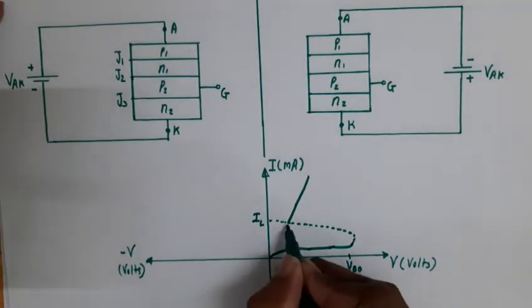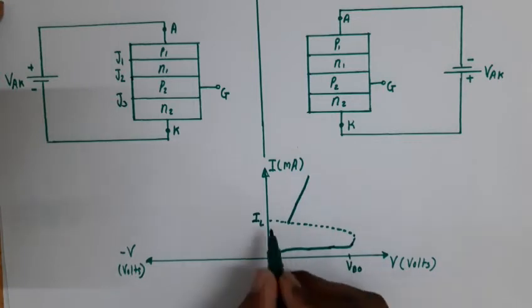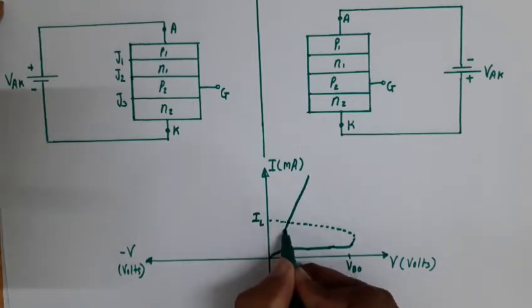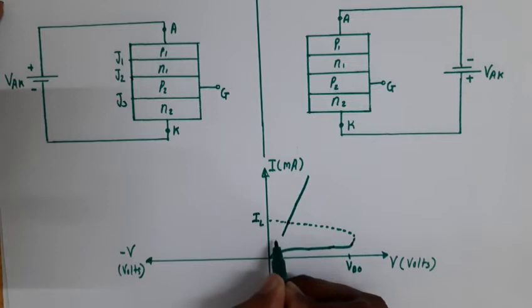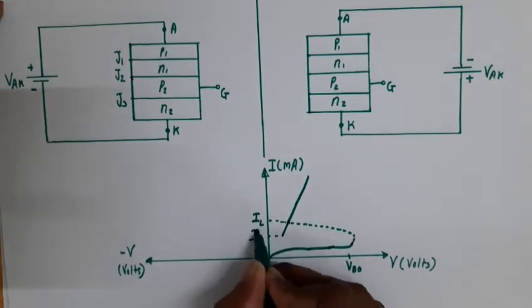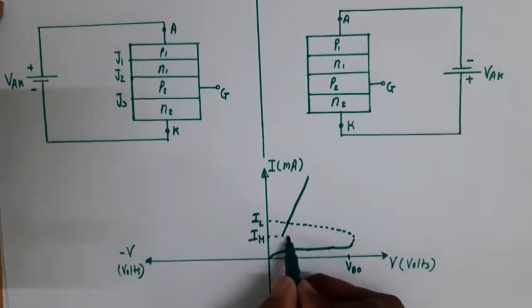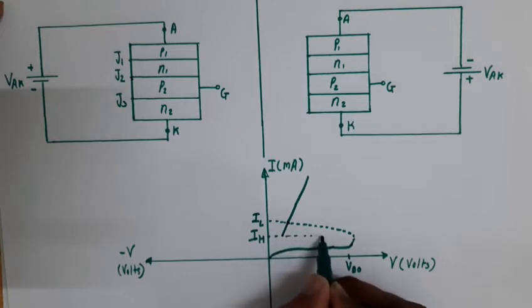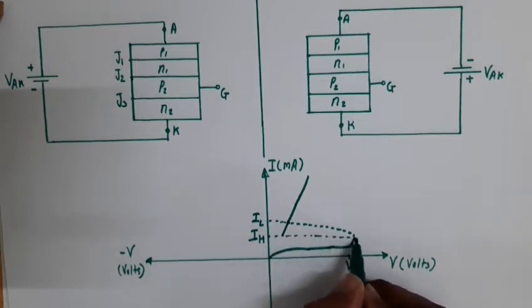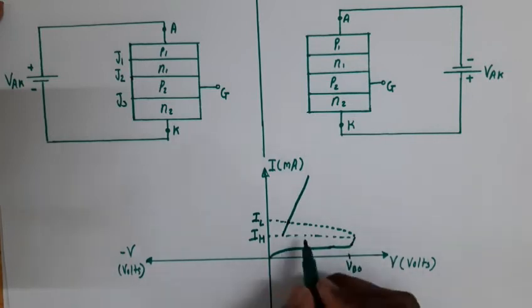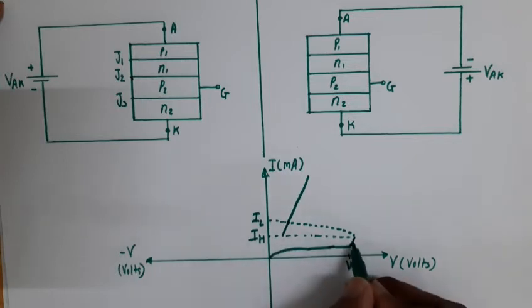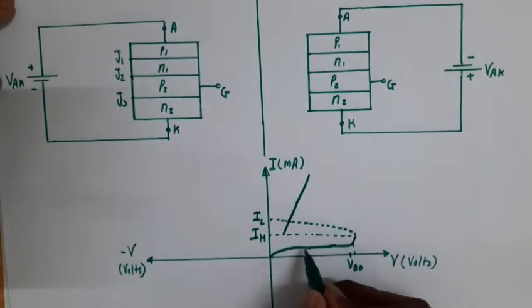Now, see on the VI characteristic, if this value decrease up to holding current of the device, which is denoted by the IH. When this value reduces below the holding value of the device, our device goes under forward blocking state. As you can see here, this state is known as forward blocking region.